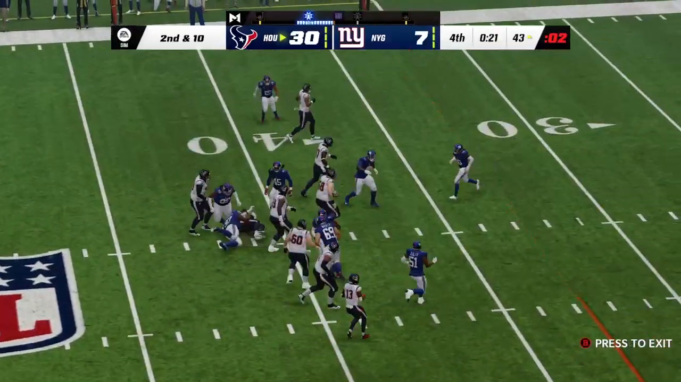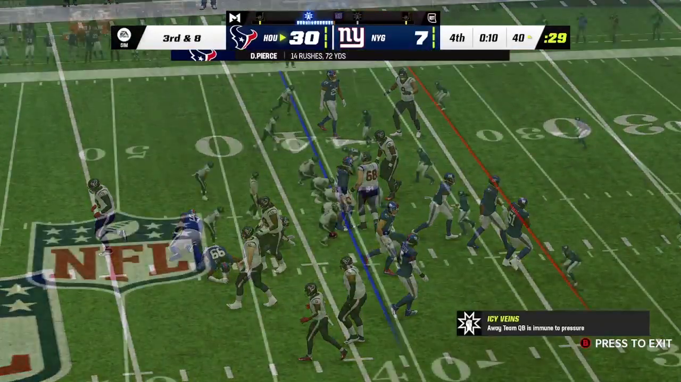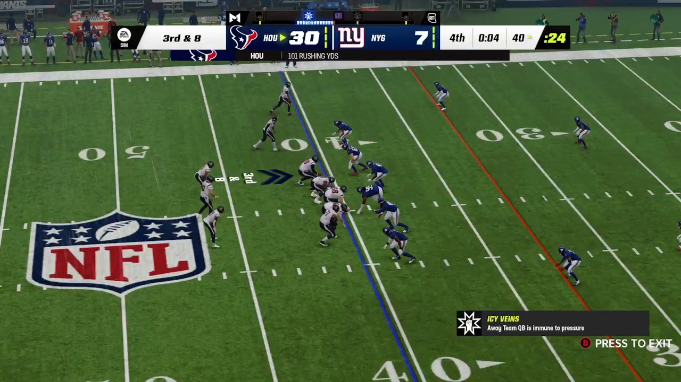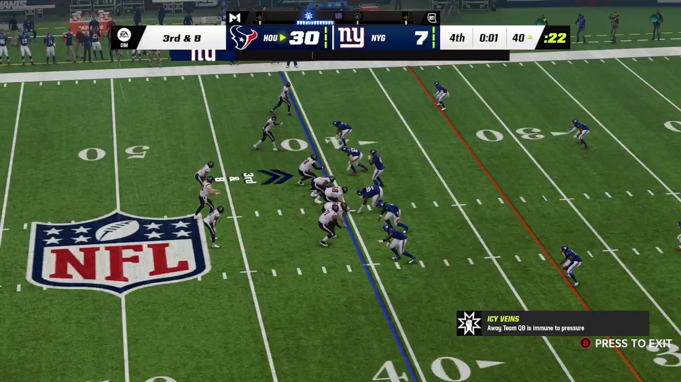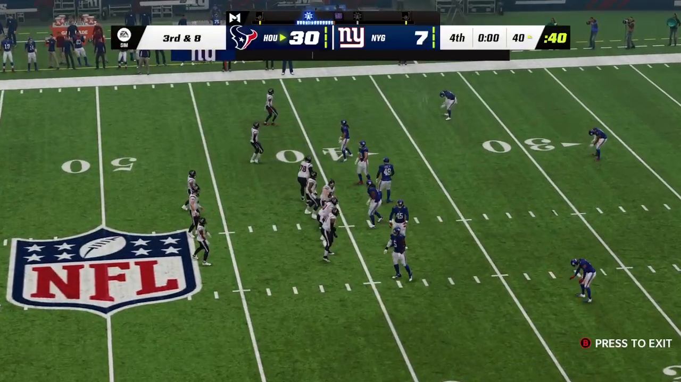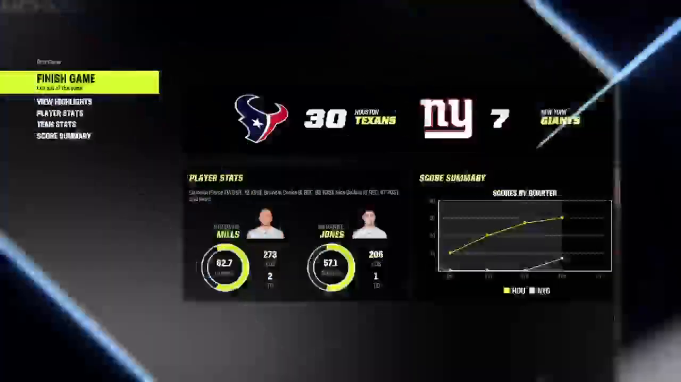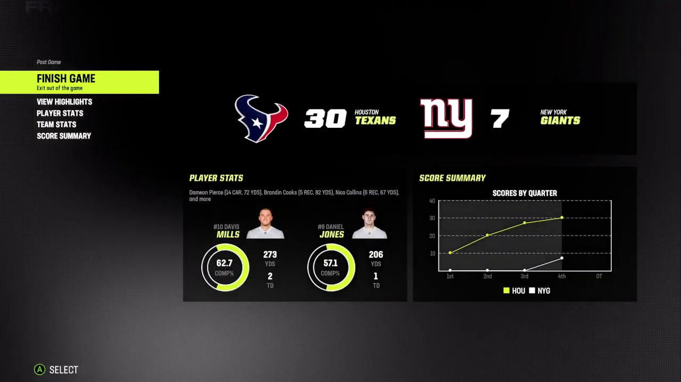Pierce now up the middle. And he's dropped right at the 40. Gain of 3. So Houston going to come away here with the victory. And it was their defense that really paved the way to this